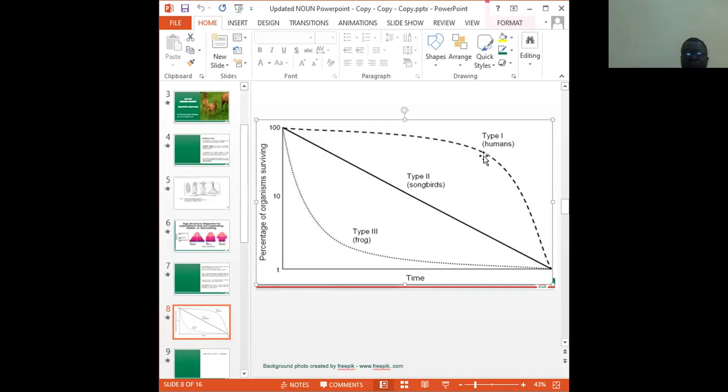So many animal and protist populations in nature probably have survivorship curves that lie somewhere between the characteristics of type 2 and 3. See? 2 and 3. And that's why plant populations with high mortality at the seed and seedling stage are probably closer to what we can describe